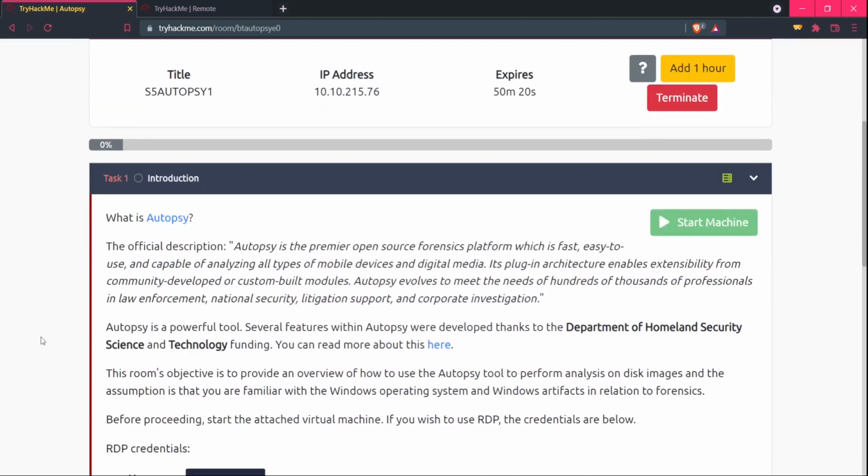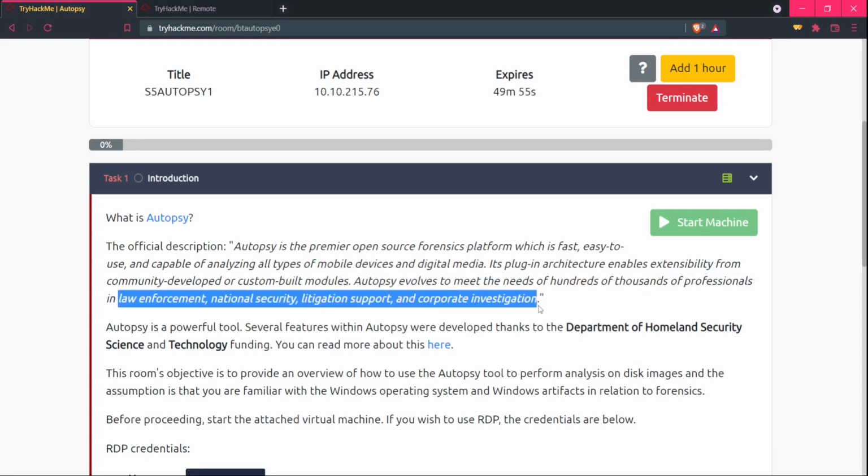Let's know about what is autopsy. Autopsy is the premier open source forensic platform which is fast, easier to use, capable of analyzing all types of mobile devices and digital media. It has a wide range of applications, and you can see that it is given that law enforcement, national security, litigation support and corporate investigation, etc. are the applications.